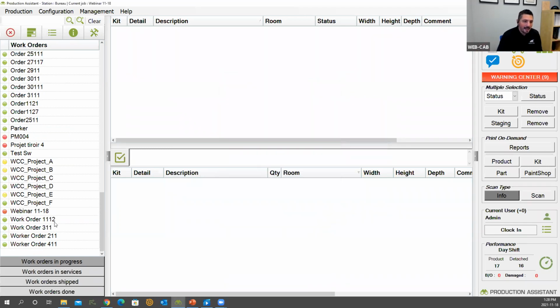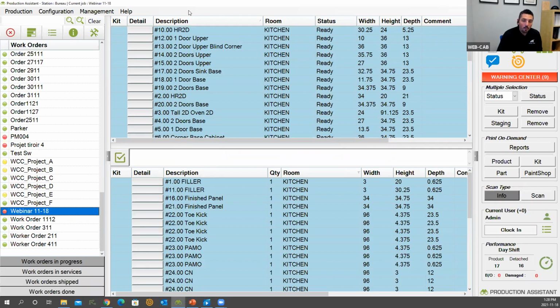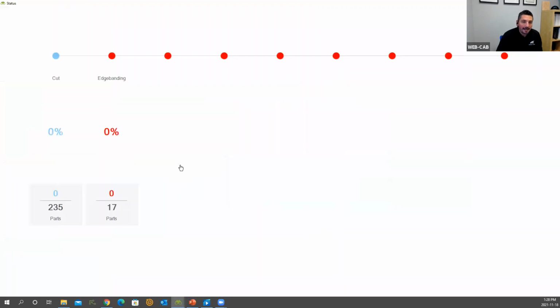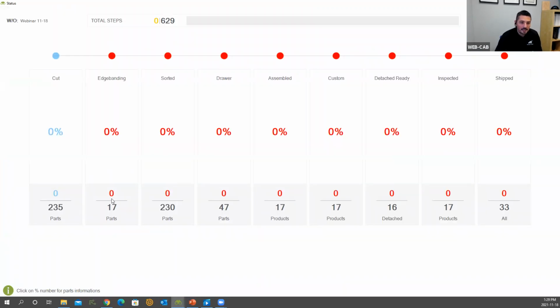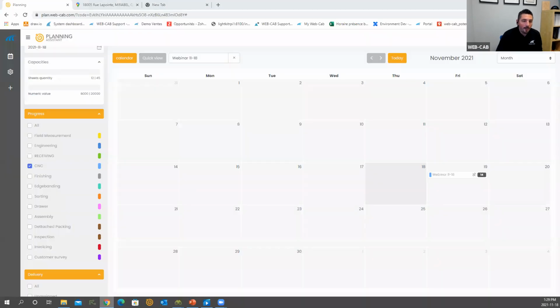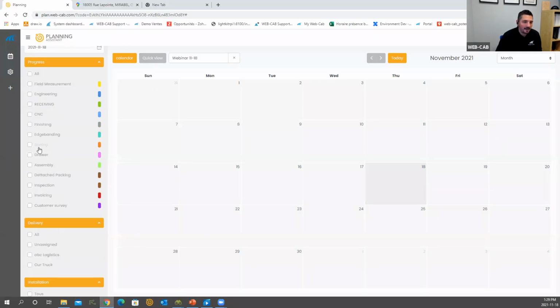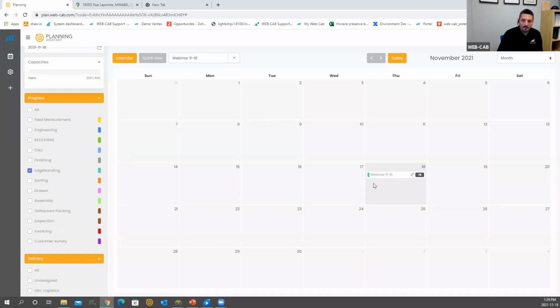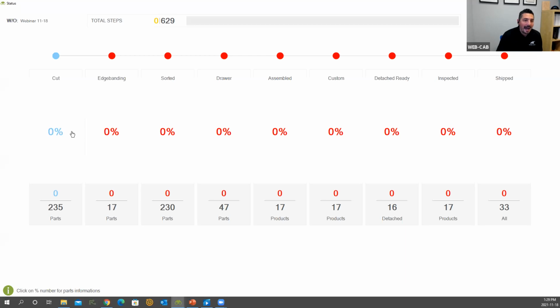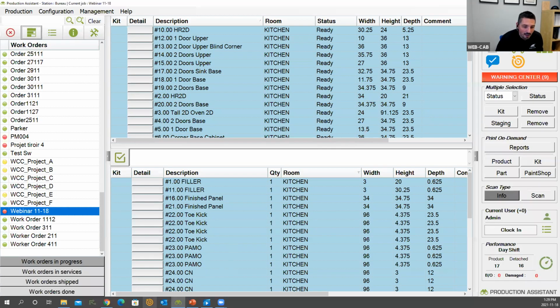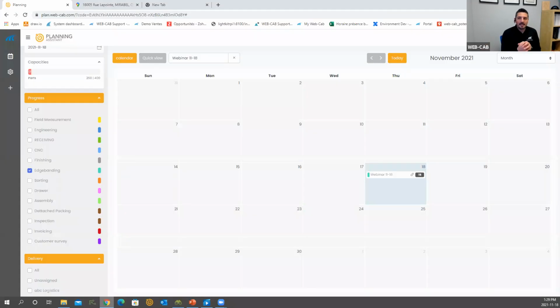So now what's happening is I have my job that has been created with all the production data that came out of the CAD CAM system, where I can see my different numbers of parts and where they need to go at different levels. So when I go inside my calendar, and let's say I select my edge banding machine, well, if I select my job, I can see that it updated automatically the number of parts that are going to go to that CNC, because it grabbed the information out of the CAD CAM system from the production level. So just to show you, if you do have the production, everything can work in synergy together